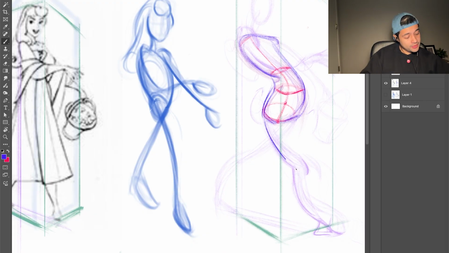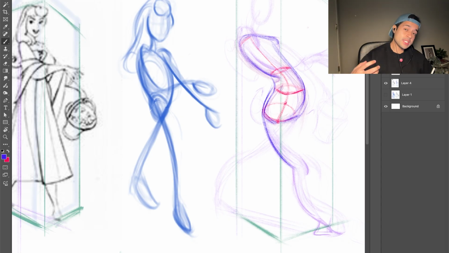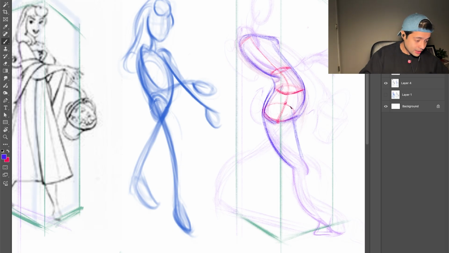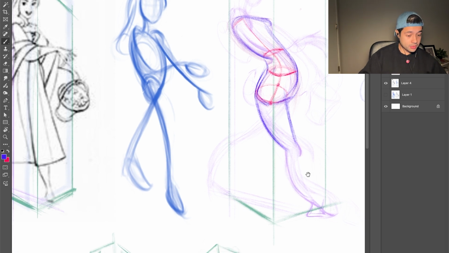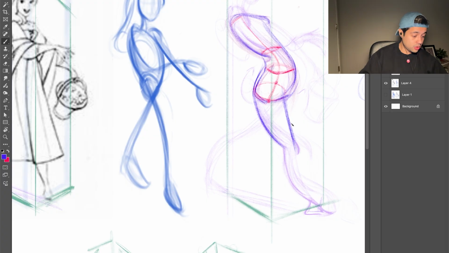Now, if we have a curved line here, guess what we're going to have on the other side? On the other side, we're going to have a straight. Boom. And by adding these opposites, we're starting to design the character. We're starting to add all these design principles into the character. Then here, I think the character is very simplified, so there's no need to add this shape for the leg, although I can if I want to add more anatomical landmarks. But for the type of character that we're working on right now, I can just continue that way,